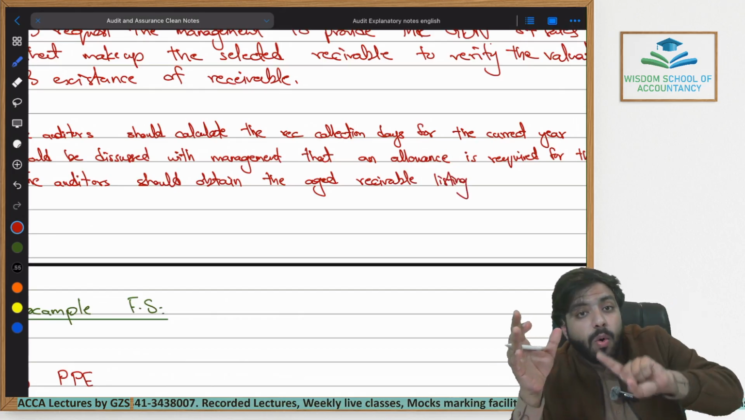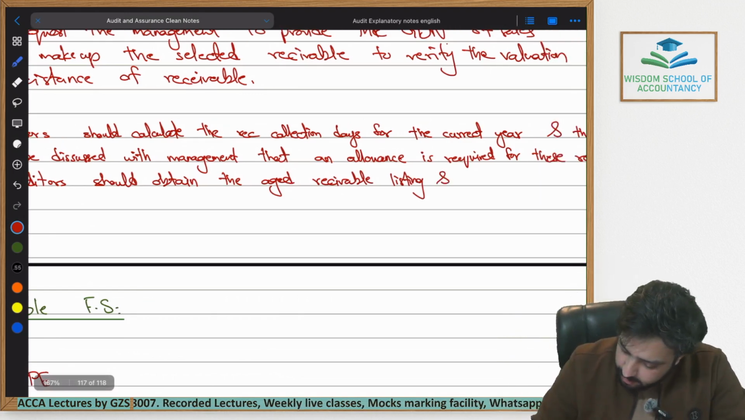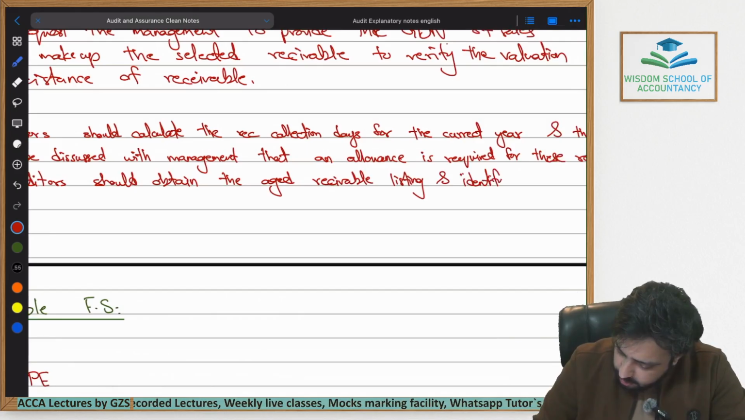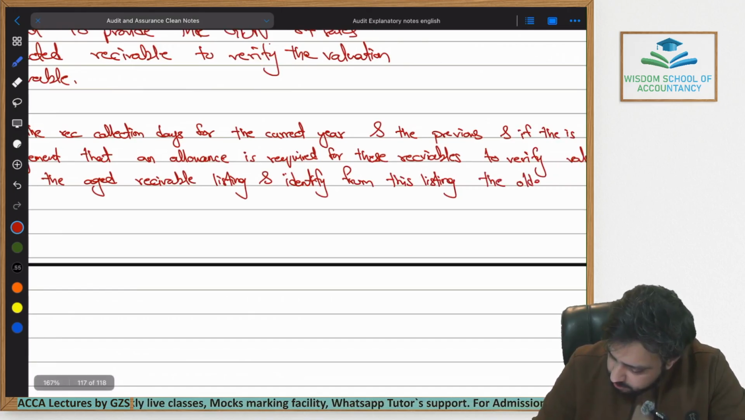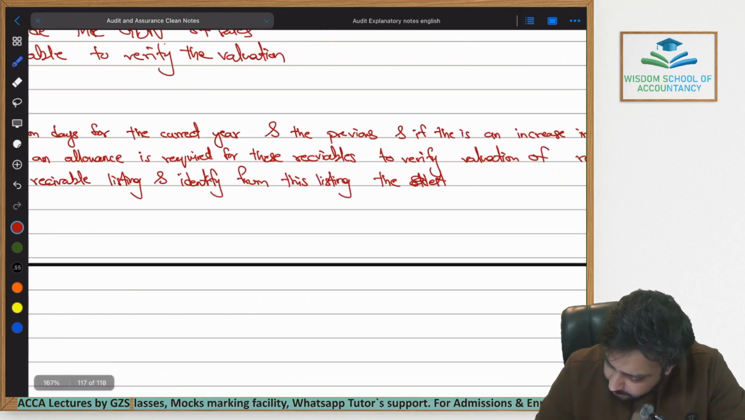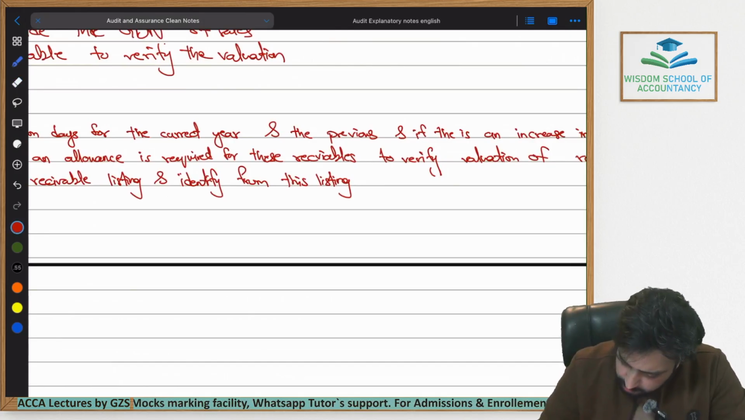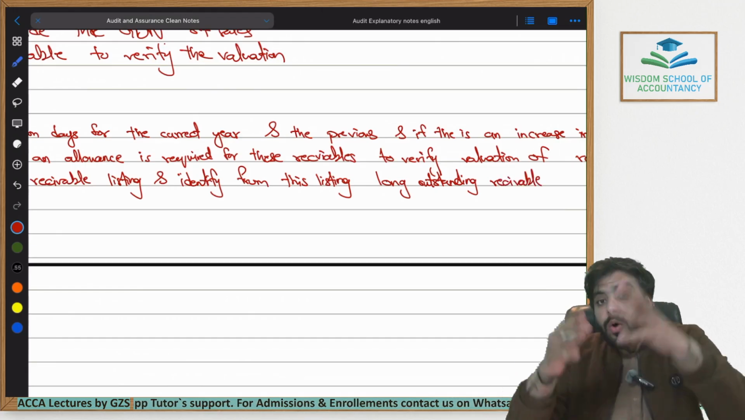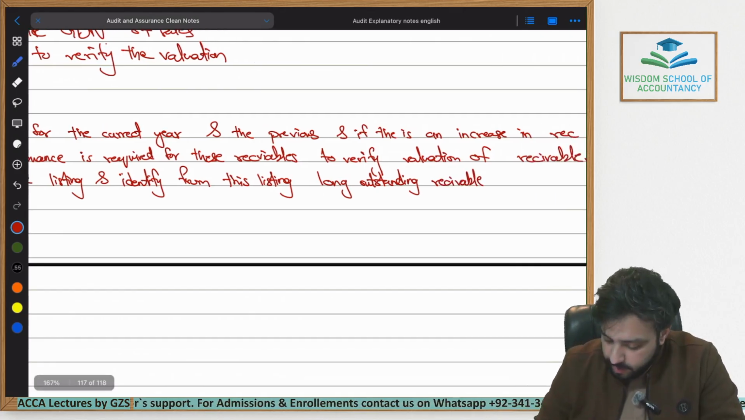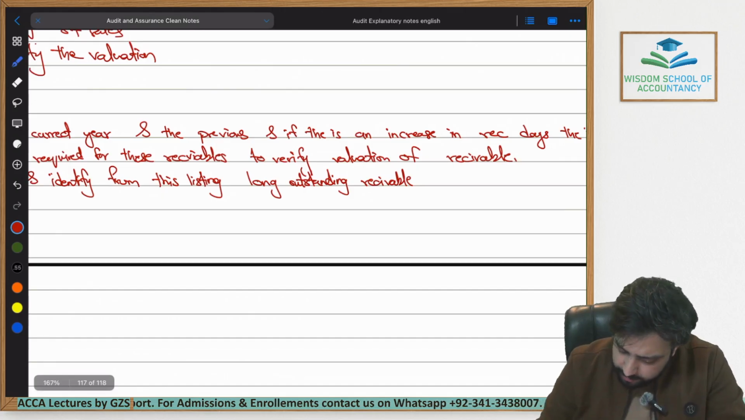They will have to identify the oldest customers who haven't paid the company from this listing. A better word for that, instead of using the oldest customers, is to use the words: identify from this listing long outstanding receivables. Long outstanding again means the oldest ones, but this is the more professional wording that you will use within your exams as well. From this listing, identify long outstanding receivables and discuss with management